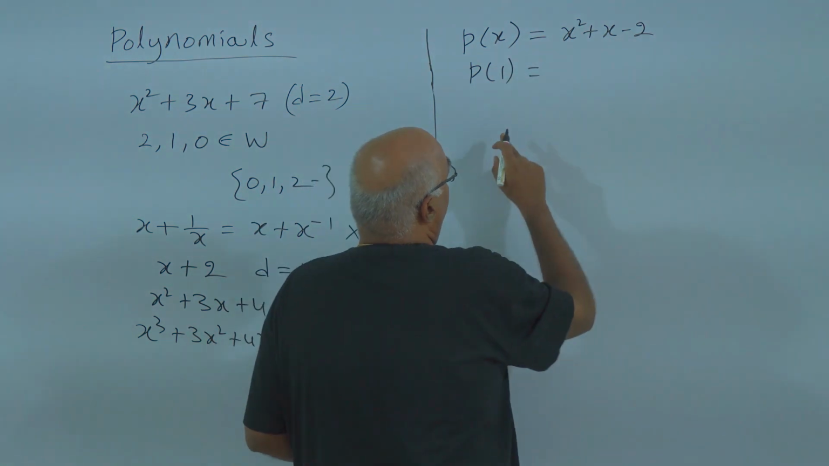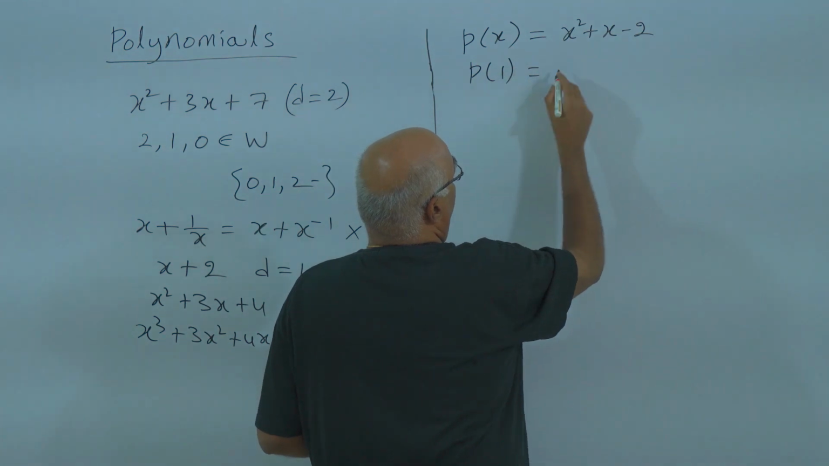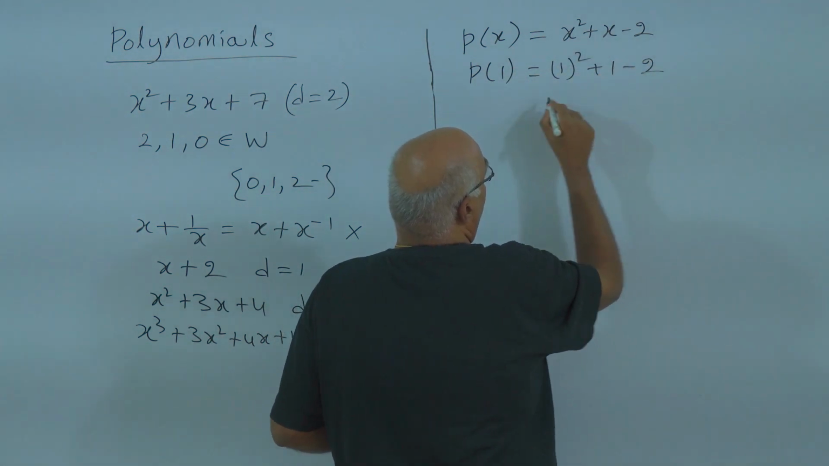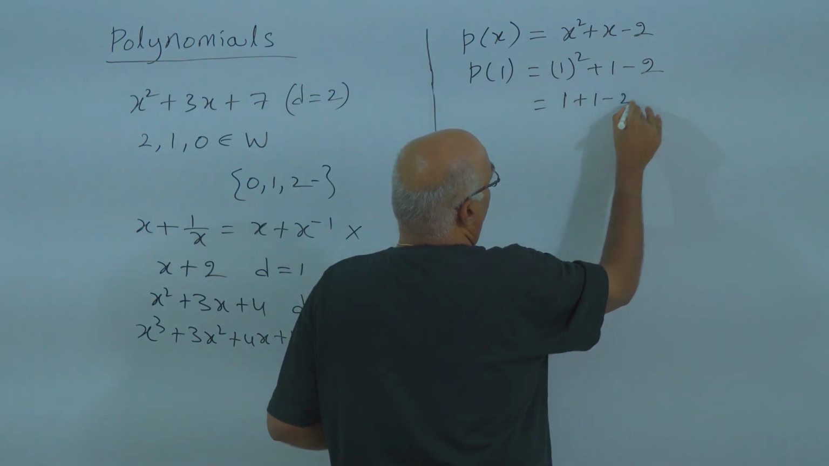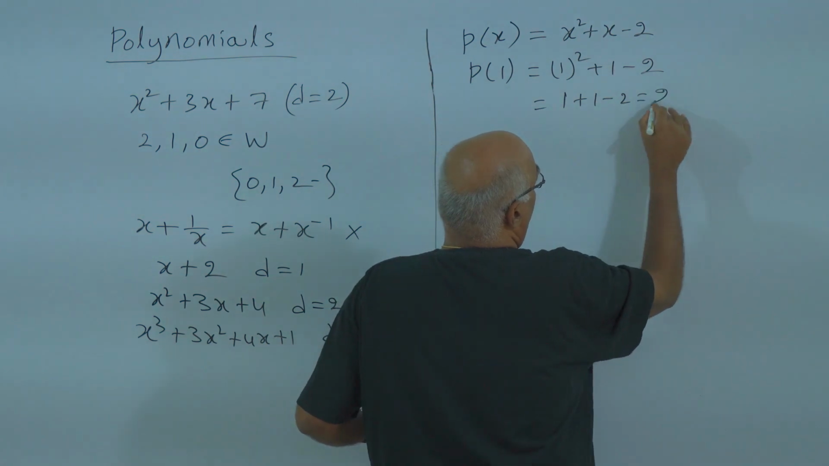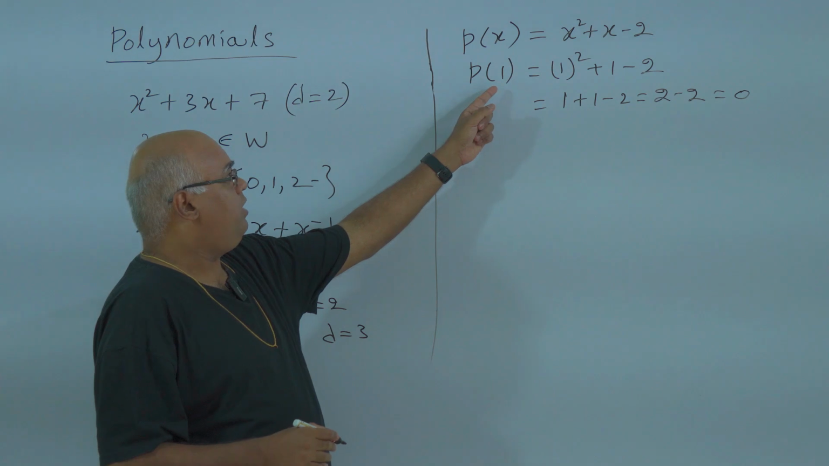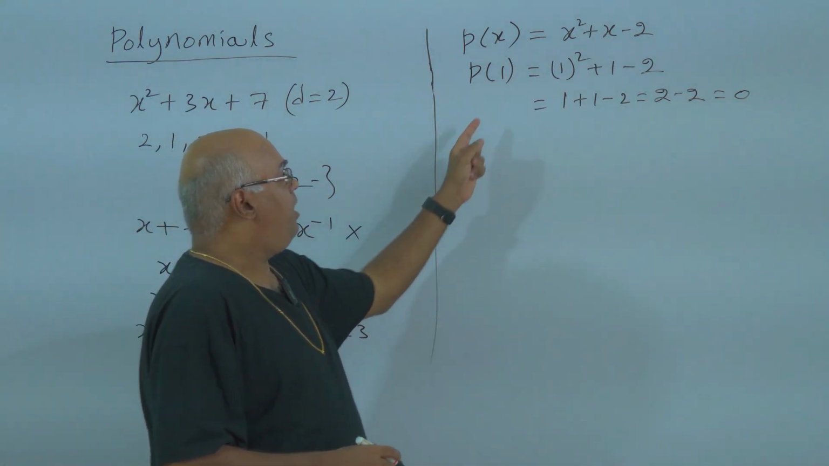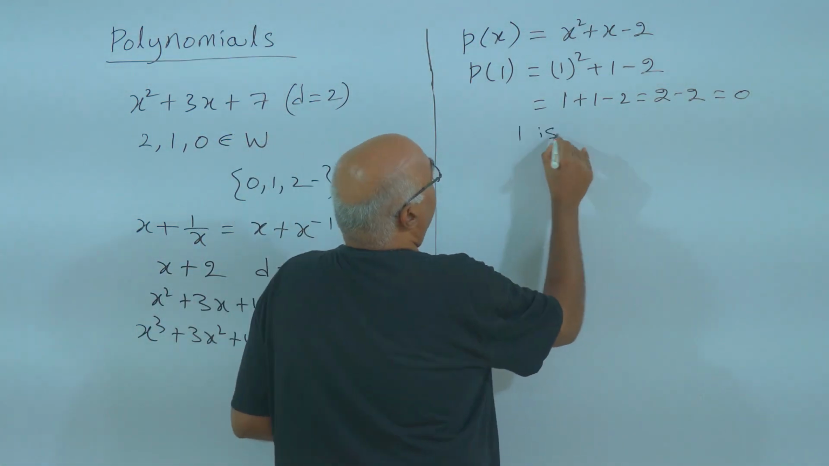So p of 1 is nothing but wherever the variable x is there, in the place of x I will substitute 1. So 1 whole square plus 1 minus 2. So this is equal to 1 whole square is nothing but 1, plus 1 minus 2. This is equal to 1 plus 1 is 2, minus 2. This is equal to 0. When I am substituting 1 in the place of x in this given polynomial, then I am getting the value equal to 0. So therefore we can say that 1 is the